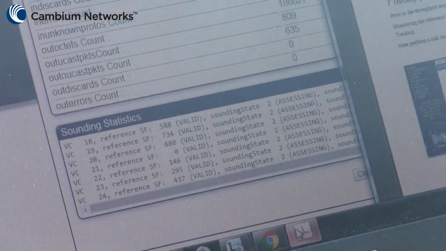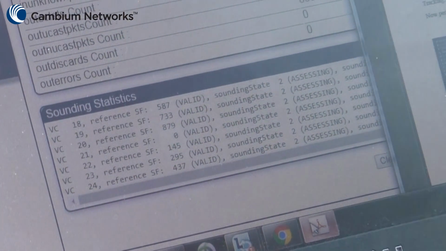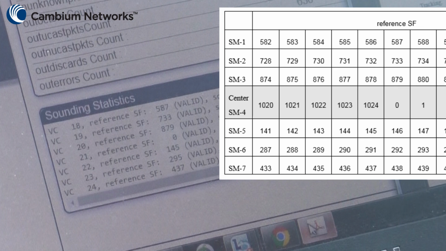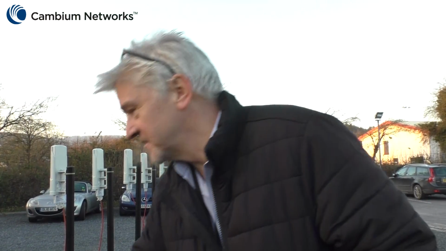Just reviewing these, we have the centre at 0, we're looking for 879 there, 733 here and 587 here. On the bottom side we're looking for 146, which is 145, that's close enough, 292, that's fine within 3, and 437, 438. Okay, so before demonstrating the throughput, we just want to disable